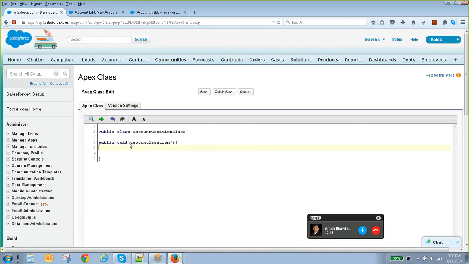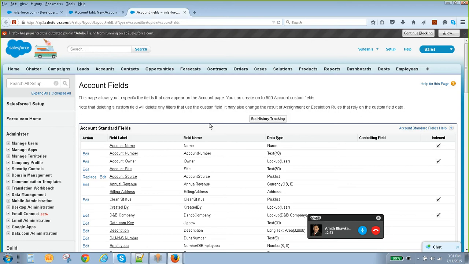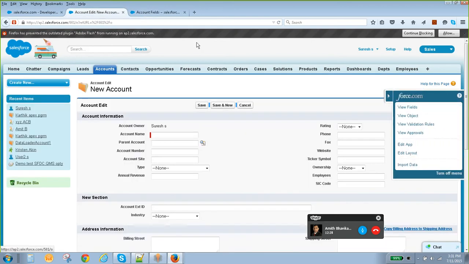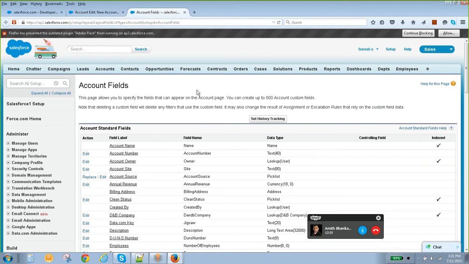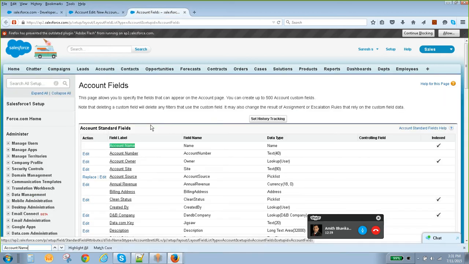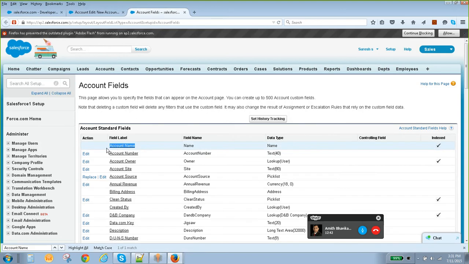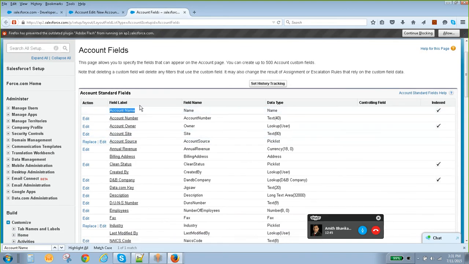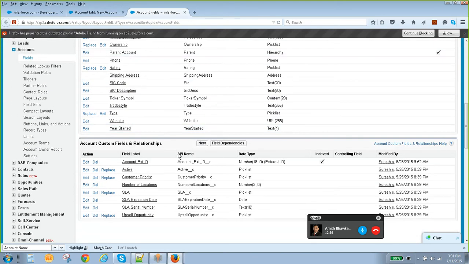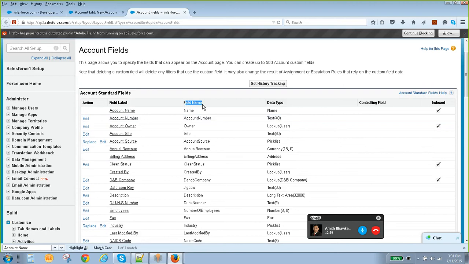How do we access this particular account? If you just go and click on Fields, all the account fields will be available here. These are nothing but labels. If you want to access this field programmatically, or write something for this field, you have to use the field name, or if it is a custom field, then we call it the API name. Make sure we use the API name.